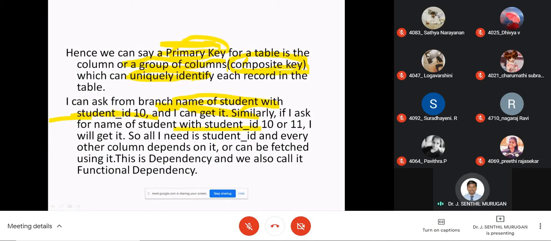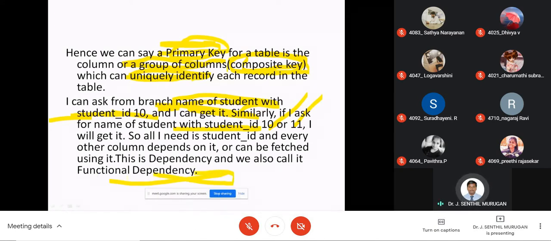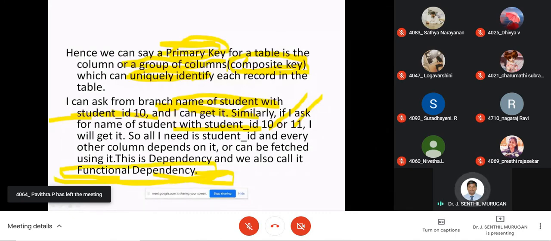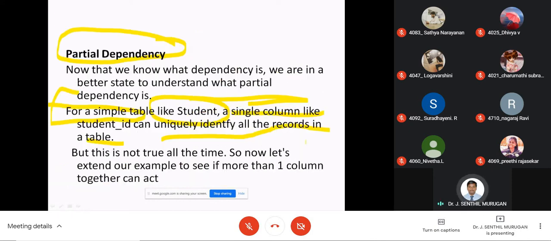Whether it is ID number 10 or 11, we can get all the data for that particular student ID. This type of fetching the data, this dependency, is called functional dependency, right?